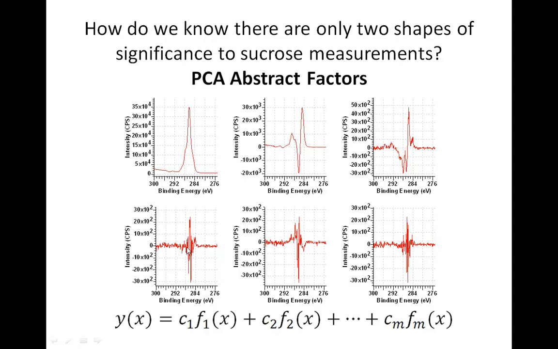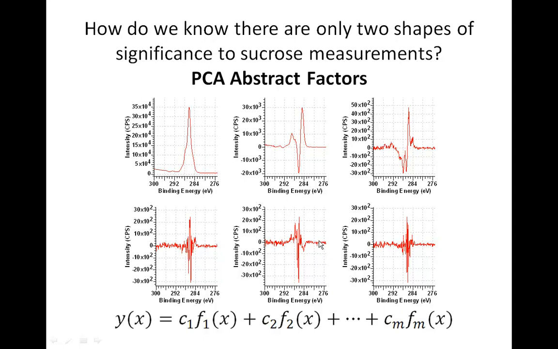The shape you see here is typical of Poisson type noise, where the noise increases around a peak maximum. So it would be quite easy to identify these 3 as being noise. This one, not quite so easy, but it's of a similar order of magnitude to these. So on this basis, if we use 2 abstract factors, the ones that are orders of magnitude different from the